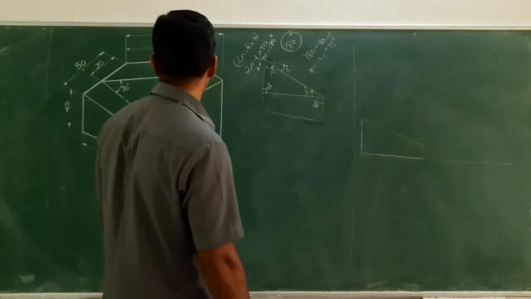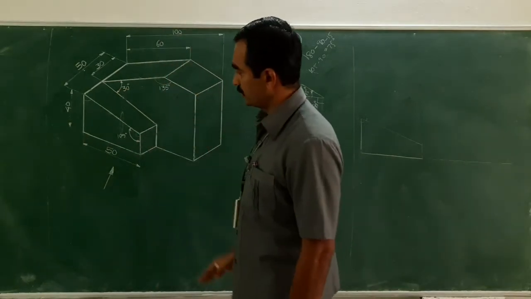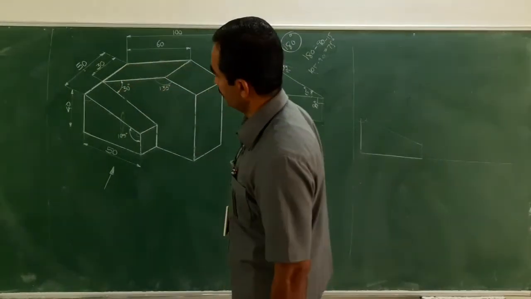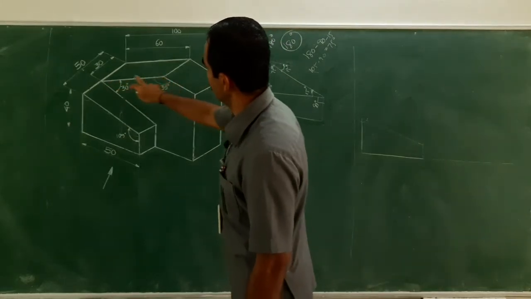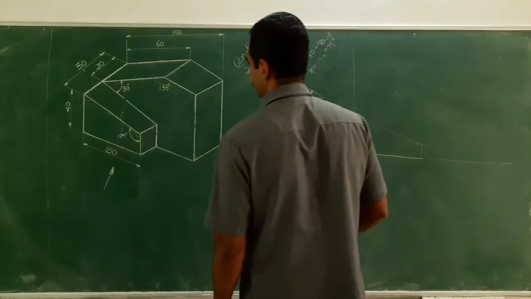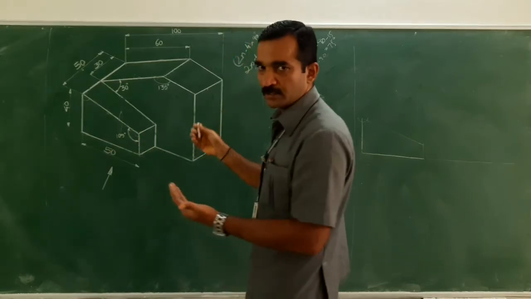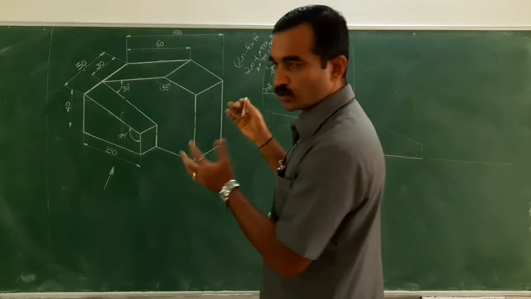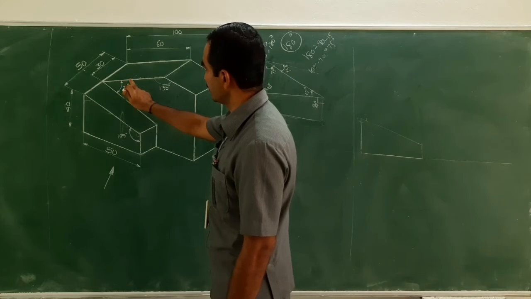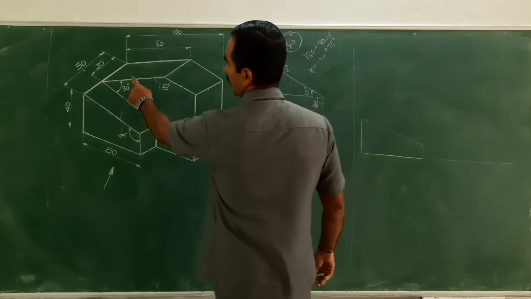Got it? Next. When I look from here, that means orthogonally to the object, I could see this line as well as this line. Sorry, this line I could see and this one, isn't it? Yeah, let me just draw that. Because we have tilted this particular object orthogonally to the observer. Whosoever observes this object is orthogonal to this. So this edge is visible, this one is visible, this one is visible, and this one is visible. I am just going to draw this line.